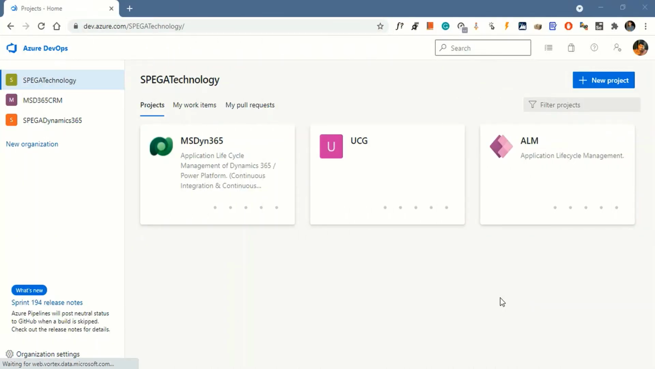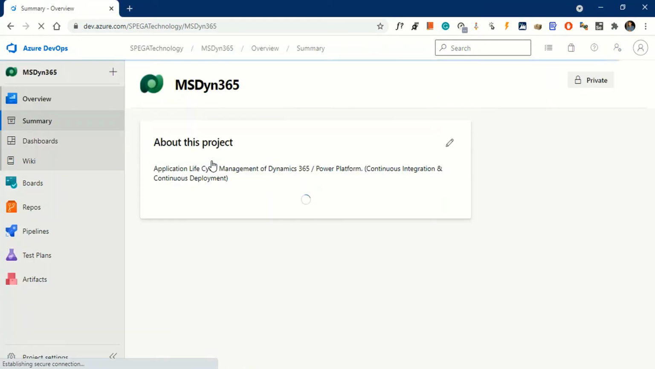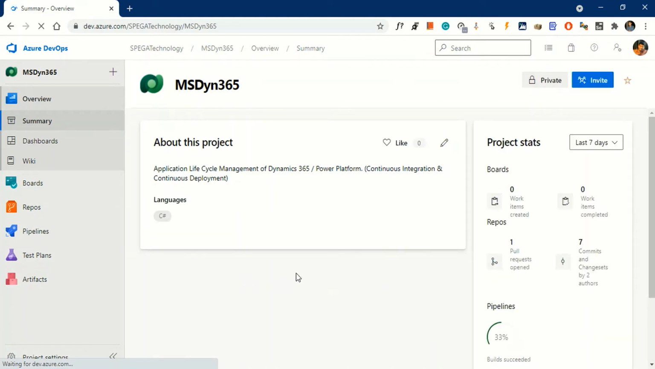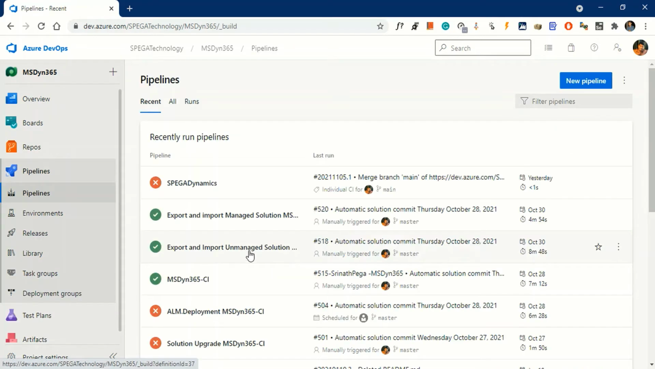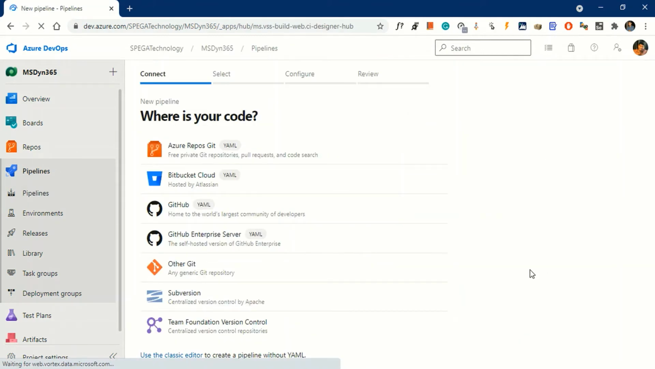Now we'll create a build and release pipeline to export and import solution from build environment to UAT environment as a managed solution. For that, open the project, click on pipelines, click on new pipeline, click on use classic editor,